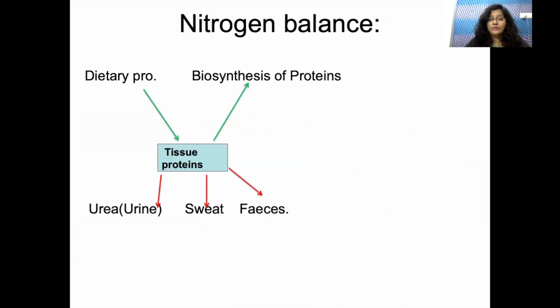As we know, dietary proteins form tissue protein, and these tissue proteins are again used in biosynthesis of protein by continuous metabolic turnover, and the remaining part is excreted as urea through the urine, and also through sweat and feces. Every day, the nitrogen in